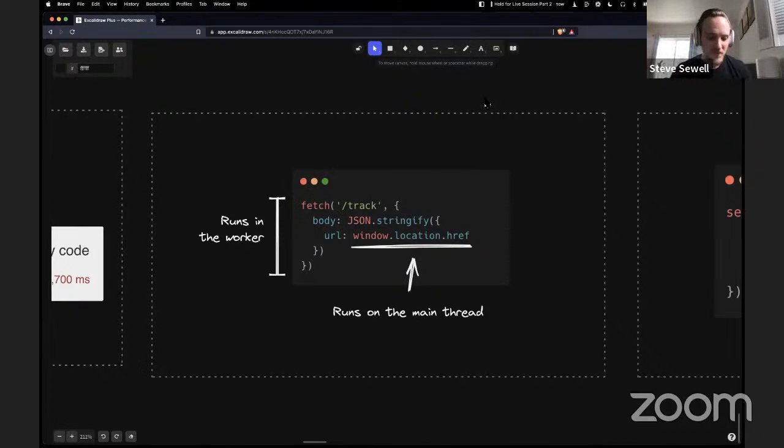As you might know, that's the complicating factor for running third-party scripts in web workers as well, because that third-party script was written for the main thread. It's going to access window and document and other things. Those things are not in the web worker thread, in the web worker environment. And so what's exciting here is Partytown solves that.